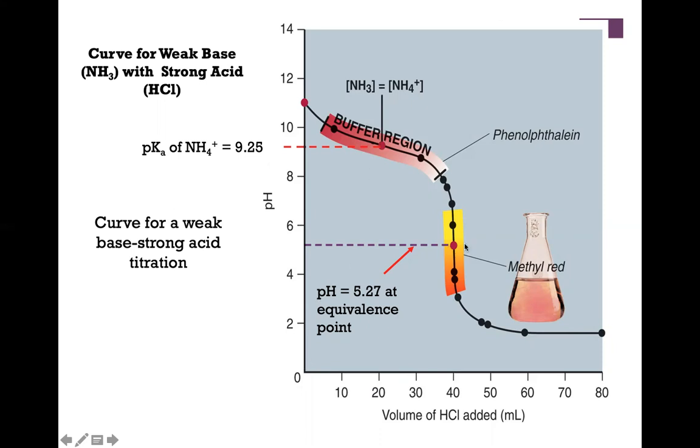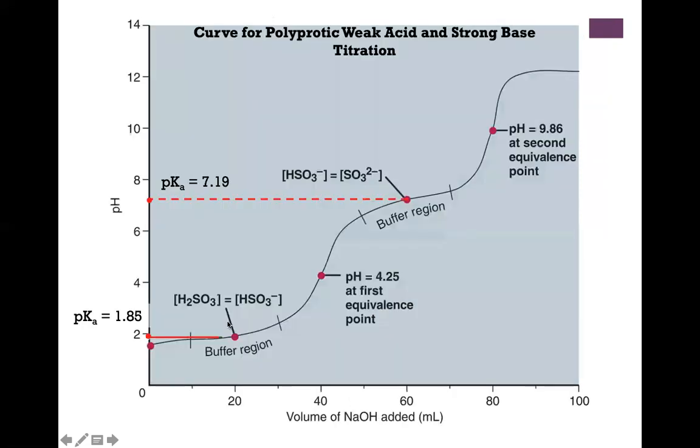You could also, if you want to, then determine the unknown concentration using these two pieces. You could figure out what the concentration of your original weak acid or base was, but that's kind of reaching back to last year. Last one I want to look at real quick is if you got a polyprotic,